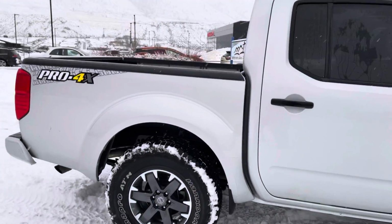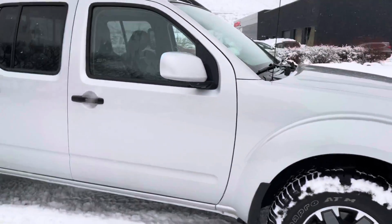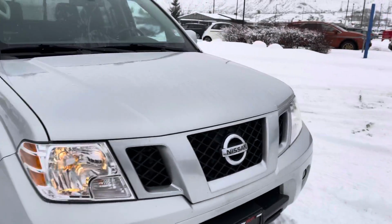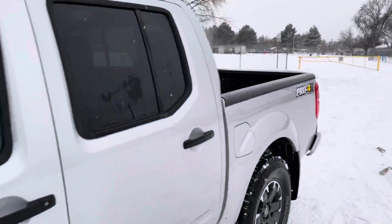They come with a Hankook Dynapro all-weather tyre, so you don't have to change the tyres in the winter if you don't want to, because they've got the snowflake on them. Front fog lights. This one's not been detailed and cleaned yet, but it's in really good shape. And then in the back,